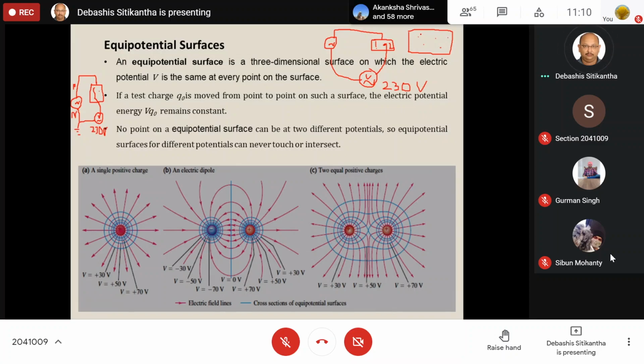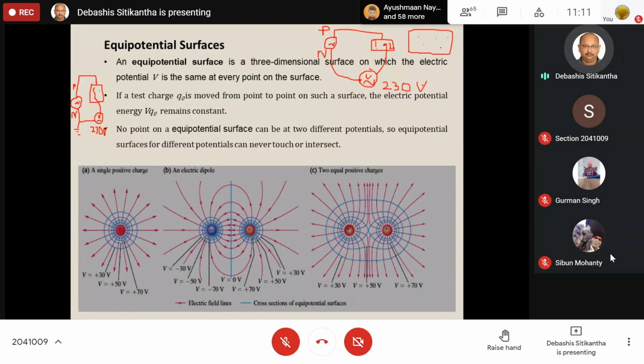That means, as I have told you in the last class, the phase terminal is at a higher potential, whereas the neutral terminal of the source is always considered as zero potential. That means one of the ends is fixed at zero potential, whereas the other one can be connected at any of the points on this homogeneous metal sheet. Every time it is going to show me a reading of 230 volt.